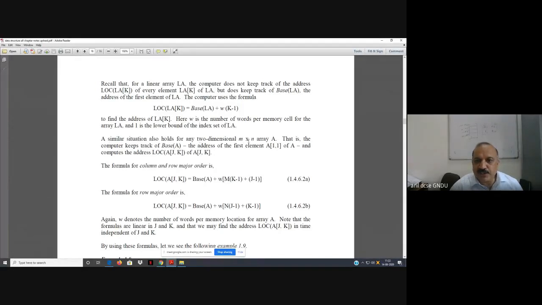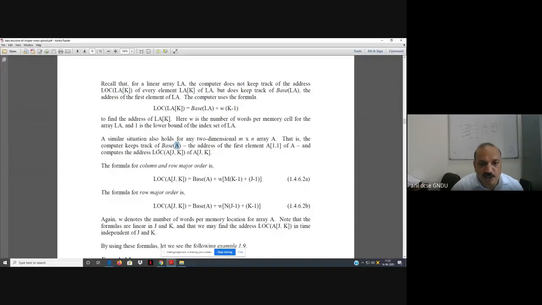A similar situation is the M into N array. The computer keeps track of base A, which is the base address in the memory of array A, the address of the first element A11 of A, and computes the address of location A[J][K].